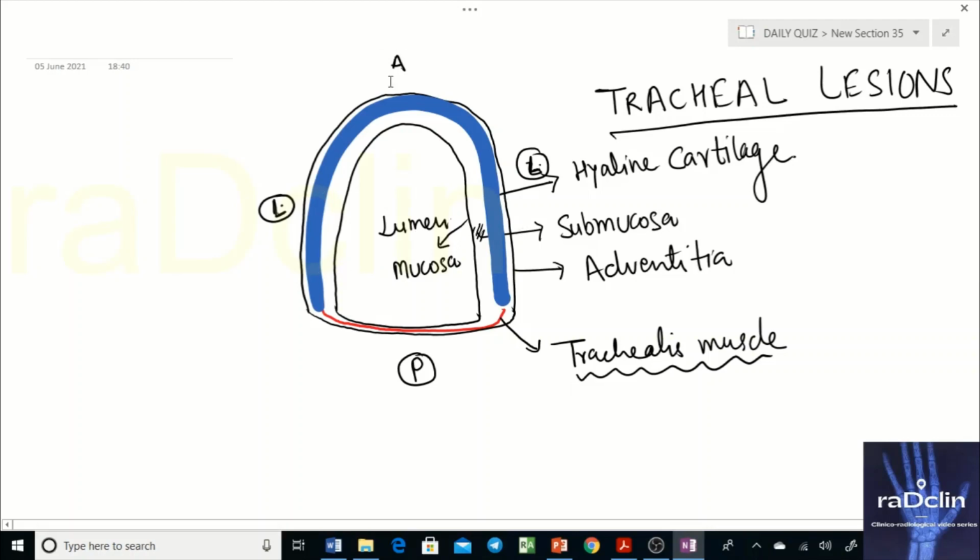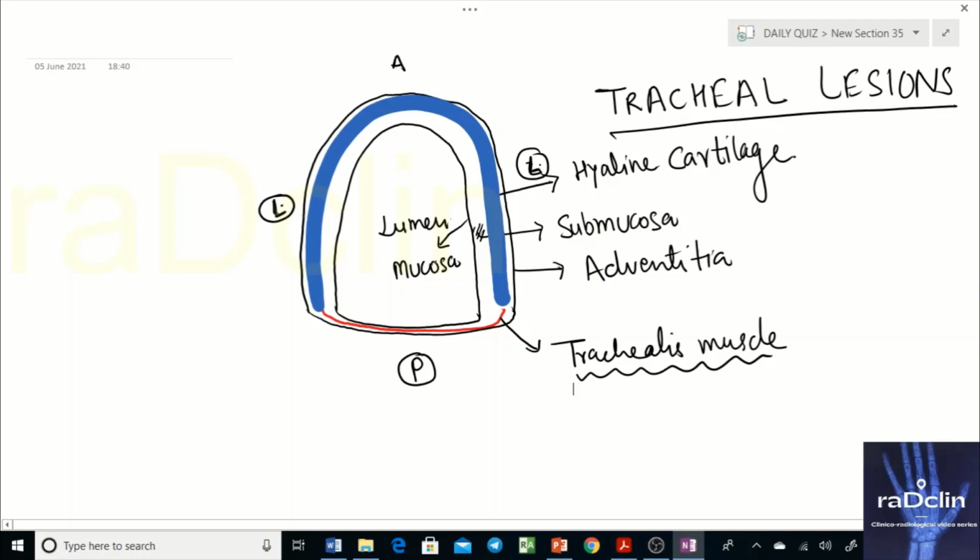The trachea has an anterior wall, bilateral walls and a posterior wall. This is a normal cross-sectional diagram of the trachea, which you see in the axial sections of a CT scan. The trachea is typically U-shaped, and the posterior wall is straight, a horizontal kind of line. This U involves the anterior and bilateral walls.